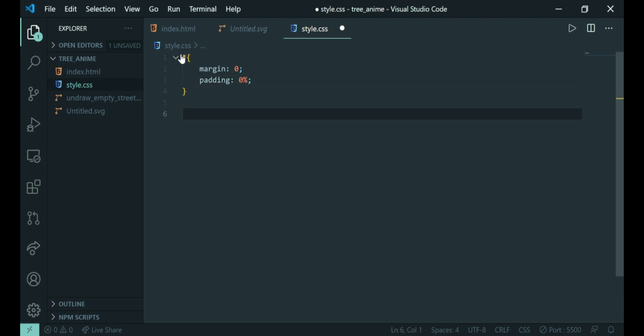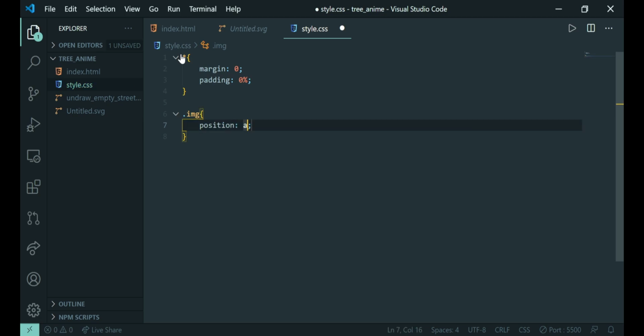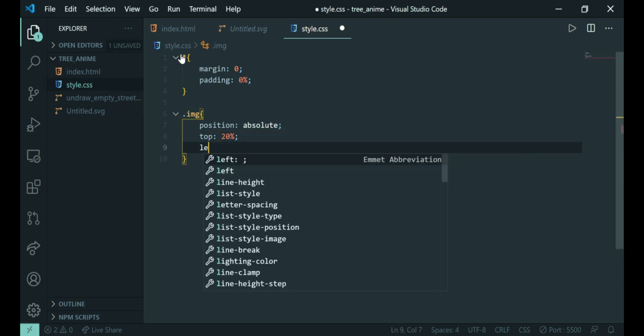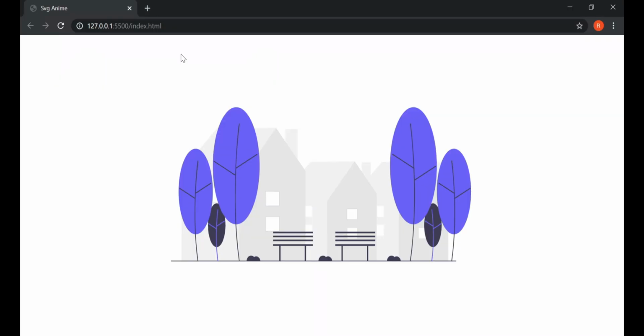After doing that, we can say img. It's a class, so .img, and we can give this a position of absolute, and we can give it a top margin of 20%, left margin of 25%. So let us see how it affected.